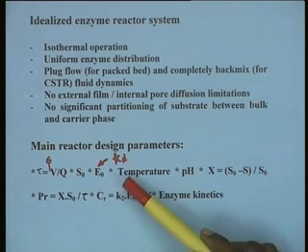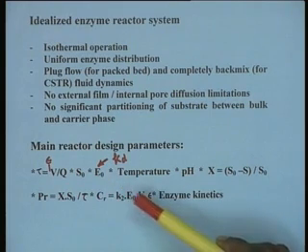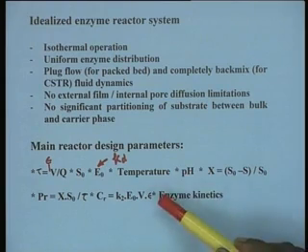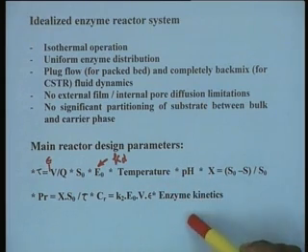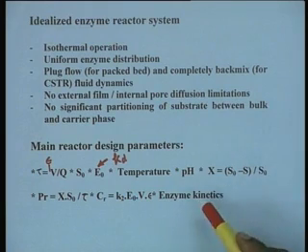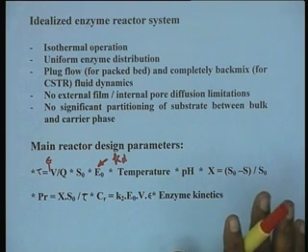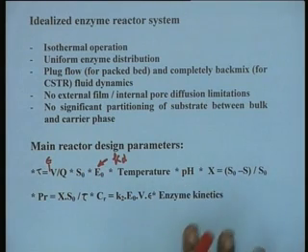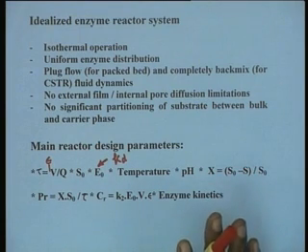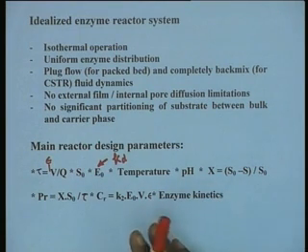Then the reaction capacity can be given by K2 E0, which is Vm, multiplied by the reactor volume and the void age. And then of course finally the important parameter is the enzyme kinetics itself, because the reactor performance will depend upon the reaction kinetics which controls the reaction. Mind you, under idealized reactor conditions we are not considering anything like diffusional limitations, partitioning effects and non-ideal fluid flow behavior, which we will consider subsequently one by one to arrive at the final reactor performance. What is PR? PR is reactor productivity, and CR is the reactor capacity.